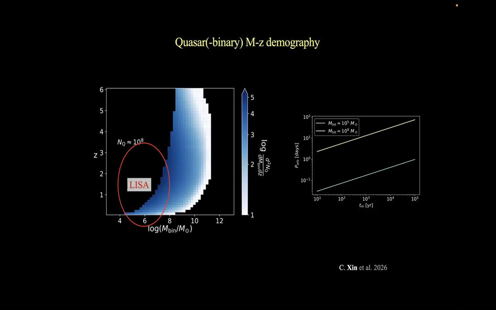Very few of these can eventually evolve into the LISA band and emit gravitational waves in the millihertz range. But some can also be in between the millihertz and nanohertz, with a period of a few months. And if a binary has a lower mass,